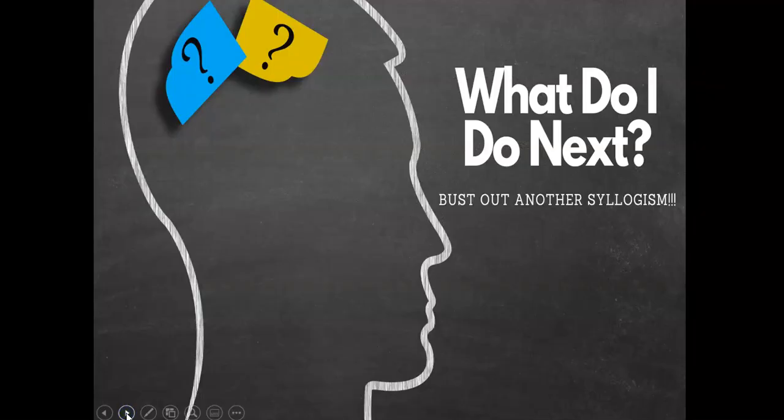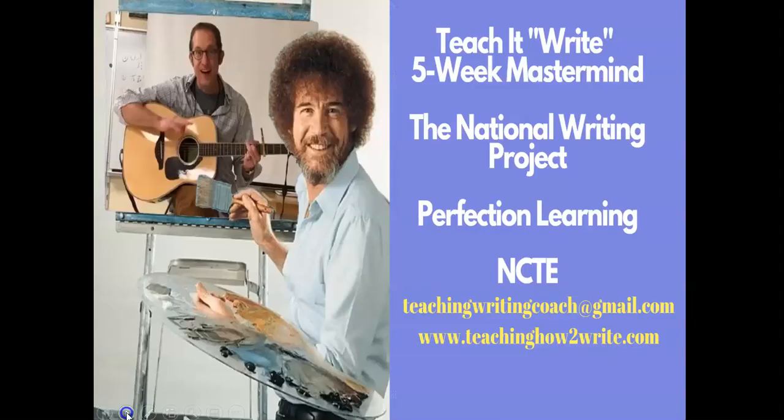What do I do next? You bust out another syllogism. There's still the whole rest of the essay to analyze. We've only analyzed up until the middle of it. We still have the middle and the end. We've got to go all the way to the end. So I advise my students for the FRQs on the Lang exam: intro, two bodies, conclusion. That's what I advise my guys to do. So that, when you only have like 38 to 41 minutes to bust out an essay, that's a tall order. So I don't want them doing any more than that.